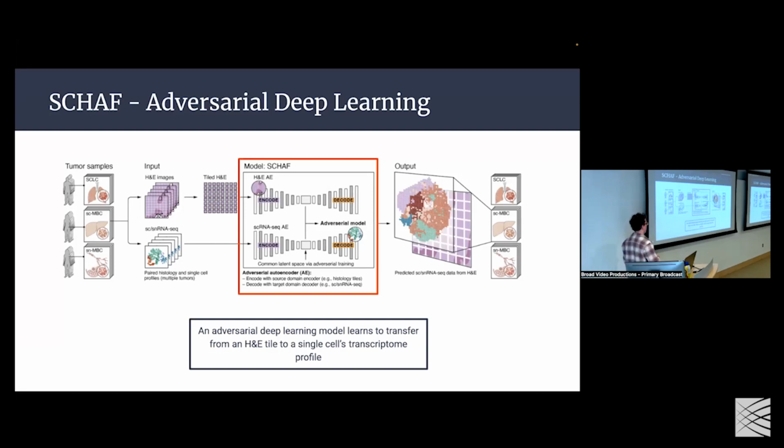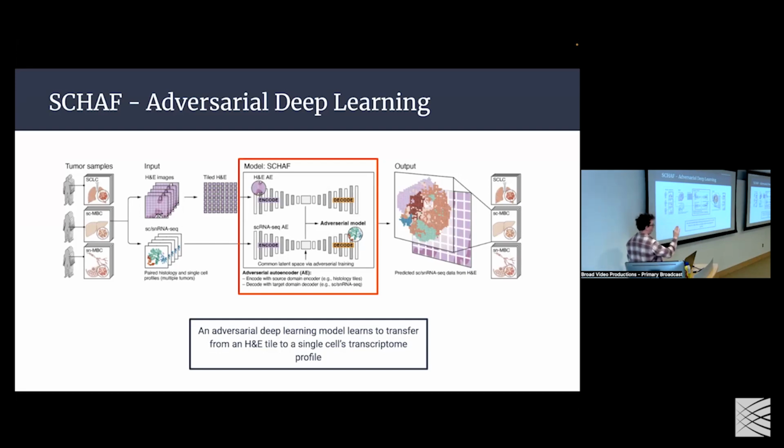More or less, how that's done is that you'll have one autoencoder that just learns to reconstruct, and then you'll have another one that learns to reconstruct, and additionally is kind of bullied into encoding to the same latent space as the first one. And then to actually do the transfer, we now have these two models that encode to a similar latent space. If you want to go from one of these H&E tiles to a transcriptomic profile, you can take the encoder of one model.